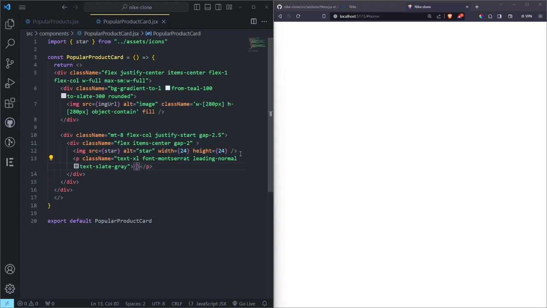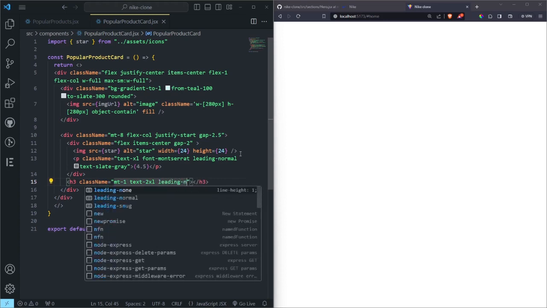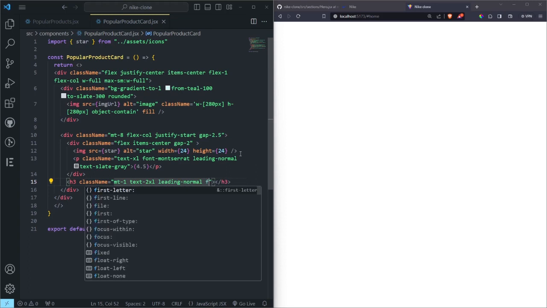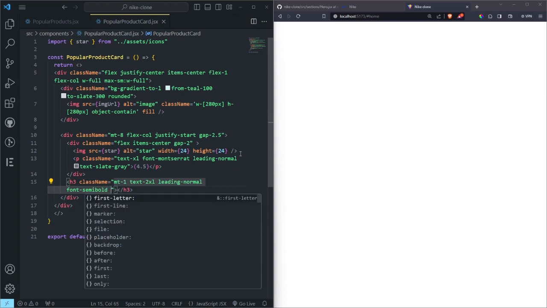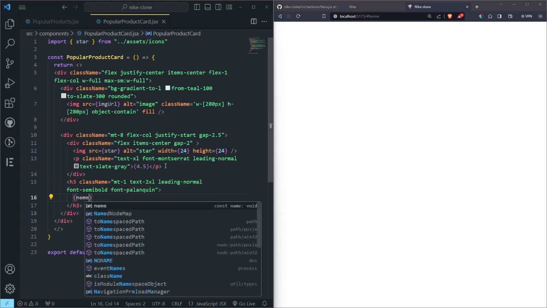We can say it's 4.5, and then below this p tag, this div for the image, we're going to add an h3, which is going to take the name of the product. We can do a class name, and this class name is going to be margin top of 1, a text to excel, a leading of normal, a font of semi-bold. So let's do a font of semi-bold like that, and then we can also add the name. So inside here we are going to do name,